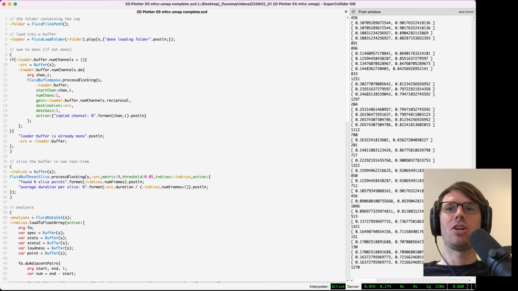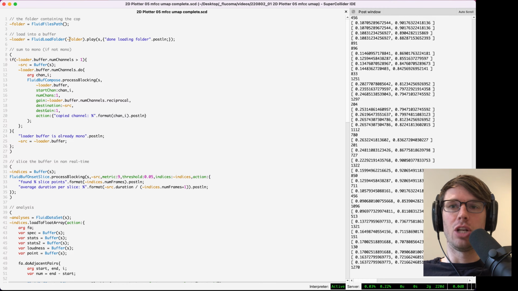This is the fifth video in a multi-video tutorial series using the FluCoMa toolkit to build a two-dimensional sound browser in which we can explore and perform sound slices in a two-dimensional space. In the previous videos, what we've done is we've taken a buffer that has a lot of different sounds in